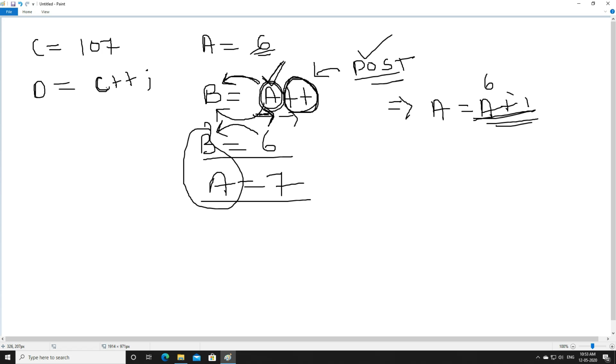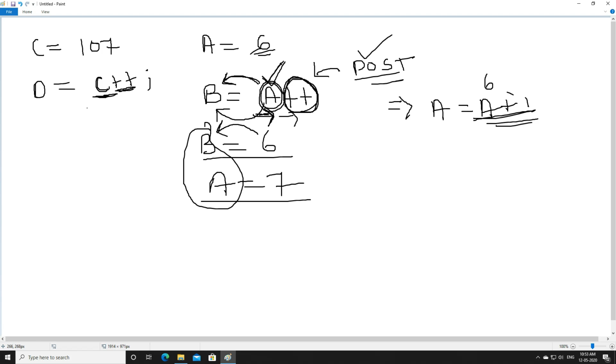Pause for a while and answer yourself. So obviously this is a post-increment. And what does post-increment say? It says first use the value, then you can increase it, right?